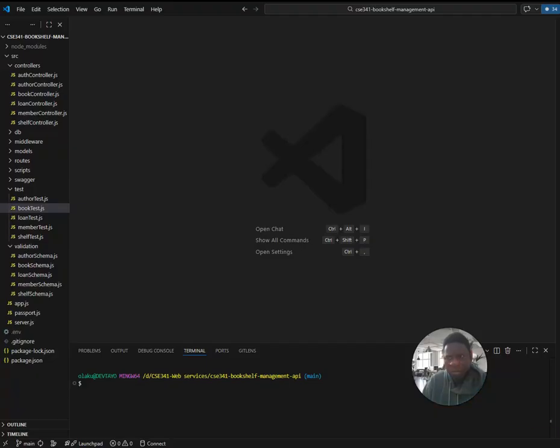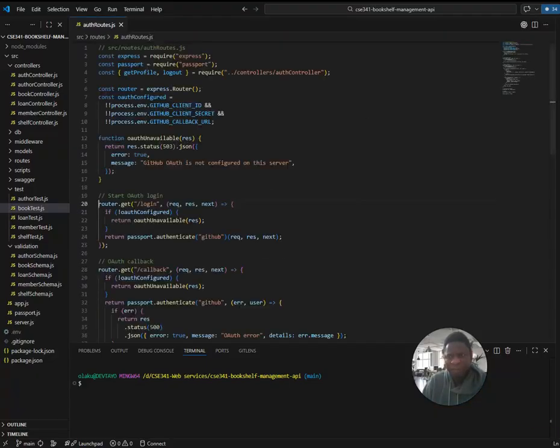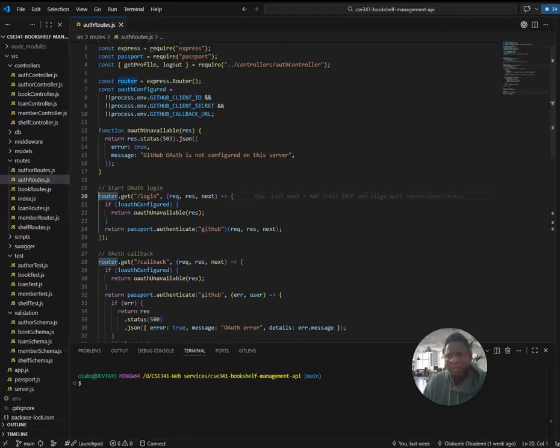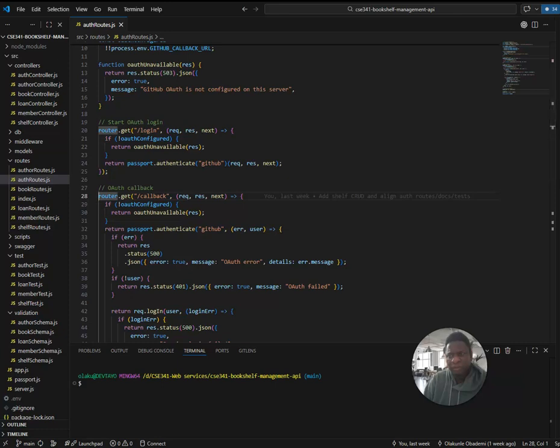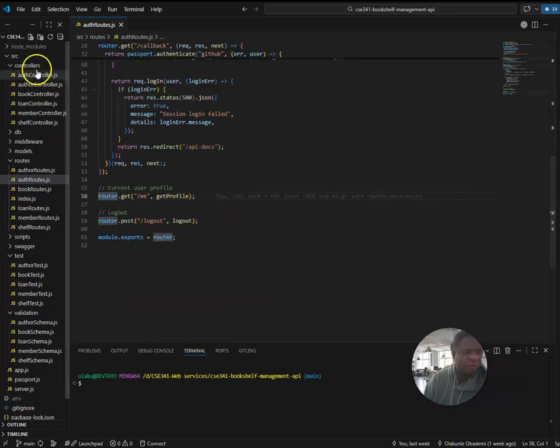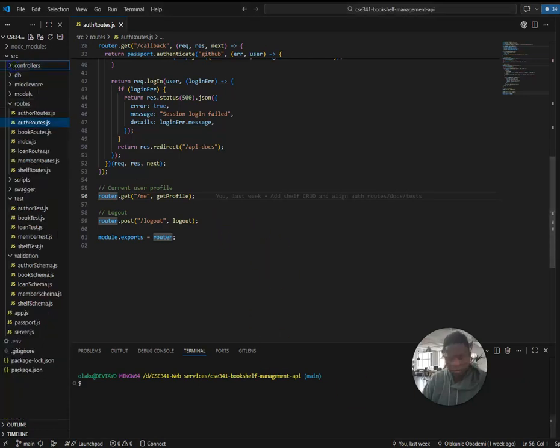And I will quickly go to my VS Code. This route implements login, callback, and profile. And as you can see, my file structure was built in an MVC style structure. I will now go back to my